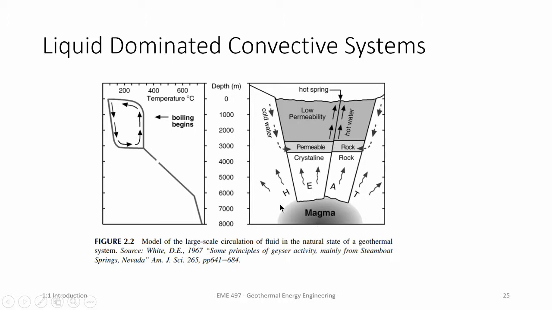And here you have the magma, which is also flowing and conducting, and that heats up the water, and as water heats up, it goes to the surface, where we'll find hot springs or geysers, and then it spreads out, cools, and flows down through a highly permeable area and heats up again, and it just keeps going in a cycle. This flow of fluids is what keeps these systems going. As the hot fluid comes up, cools down, and then flows back down, heats back up, cools back down.